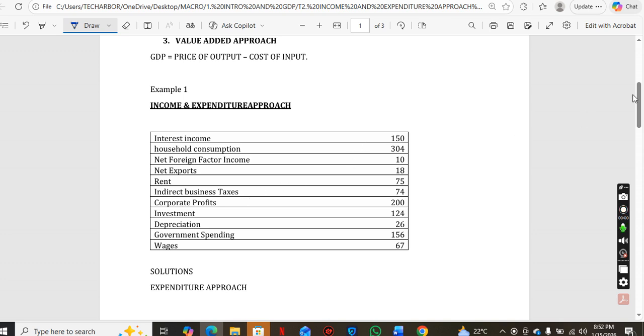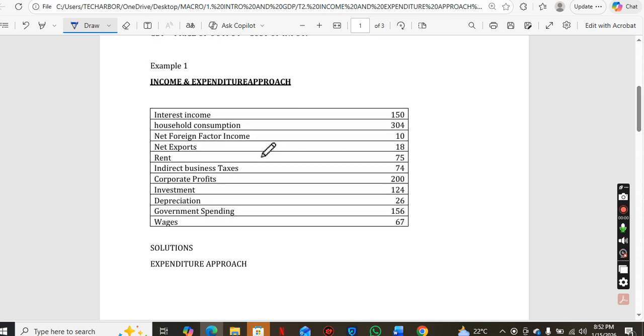So if we use the expenditure approach, first we have to look at where is the expenditure in our information here. We have household consumption. We've got net exports. When you subtract your exports minus your imports, if it's a positive number, it means you're exporting more. We've got investment here by businesses, and we have government spending. So with the expenditure approach, it's consumption plus investment plus government spending